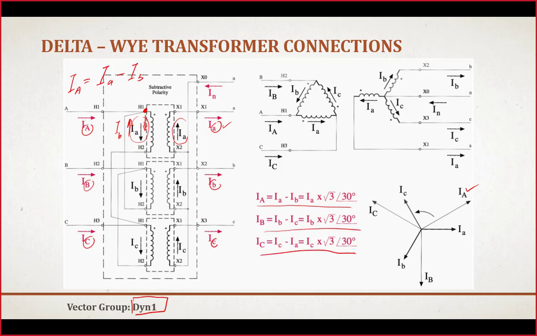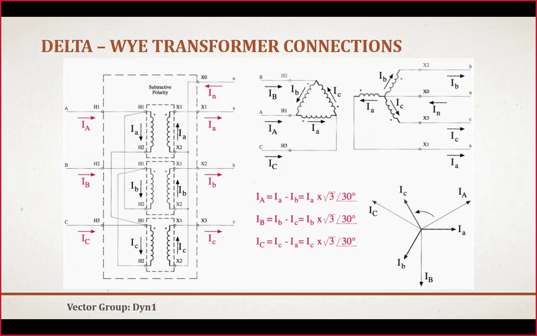Now you have already studied in your previous classes that the line current will be under root 3 times greater than the phase current, and if you want to convert a phase value into a line value, you just multiply the magnitude by under root 3. Remember, this multiplication by under root 3 is only true if the three phasors are balanced. If phasors are not balanced, then to calculate the line quantities from the phase quantities we will have to move to the basics, and it is true that the line quantity is under root 3 times greater than the phase quantity if and only if we have perfectly balanced three currents.